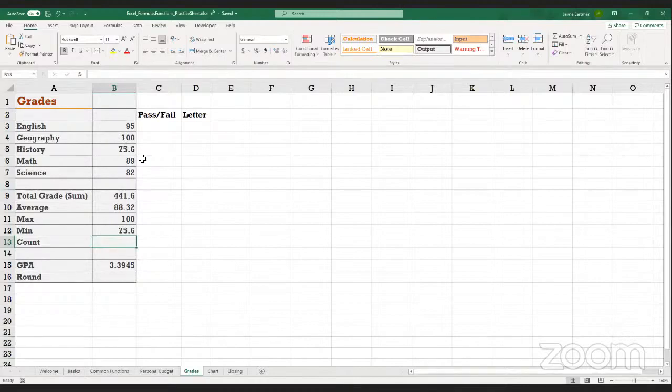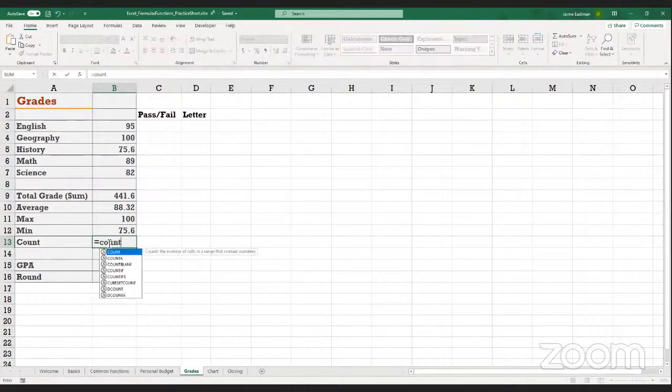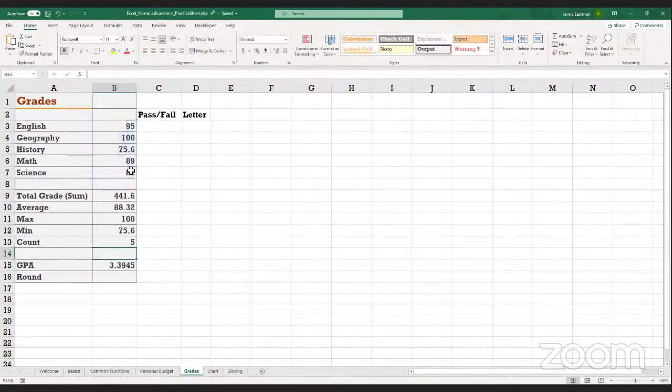Now let's say that we want to quickly count the number of values in our list. So we want to see how many different grades I have. And I don't want to have to go 1, 2, 3 and count it manually. I can use a count function to do that for me. So in cell B13, we're just going to do equal sign, count, open parentheses, select that same range, close parentheses, hit enter, and you'll see it counted the number of